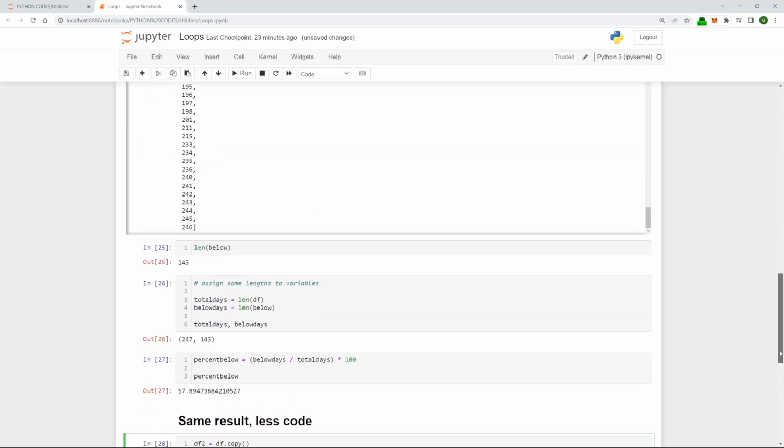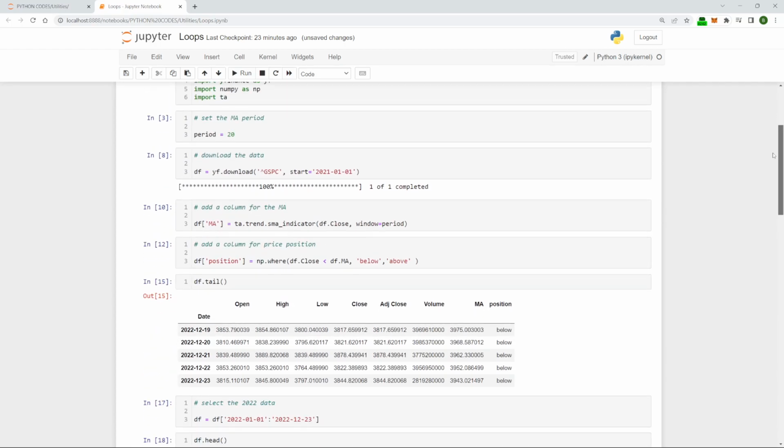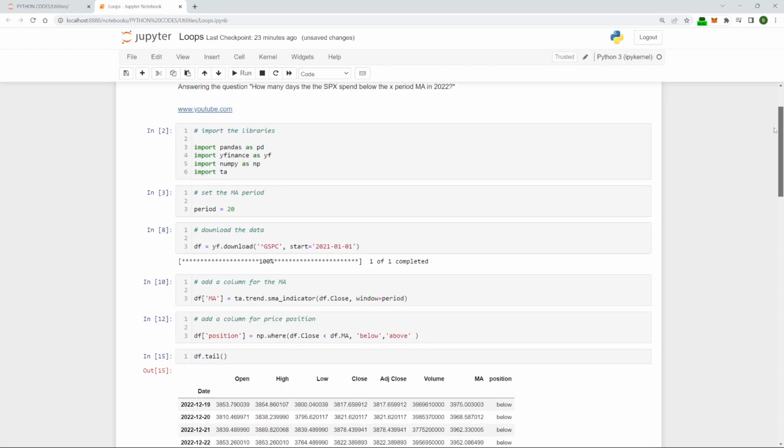Now, why did I not do that in the first place? Because I just wanted to show you how a simple loop might work, because we are going to use these much more as we go forward. So that's it for loops. There's just a couple of little things in there just for your